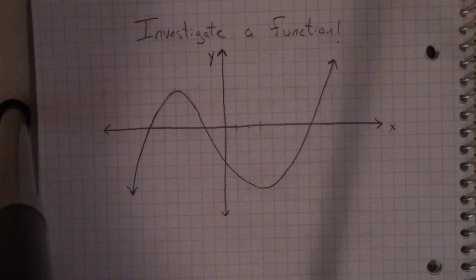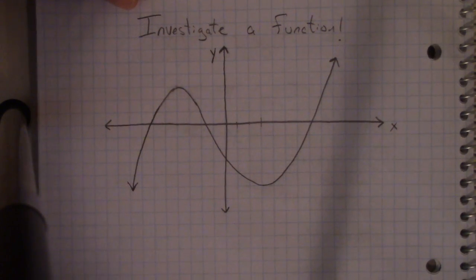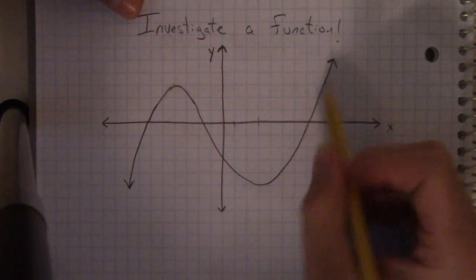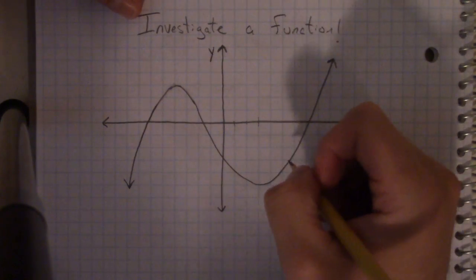We're investigating this function, and we're not going to do it the way that you may have done it before. I'm going to be talking about some new vocabulary: intervals where things are increasing and decreasing, and concavity, whether it's concave up or concave down. So, investigating a function. Suppose you had a picture of this graph and your partner couldn't see the graph